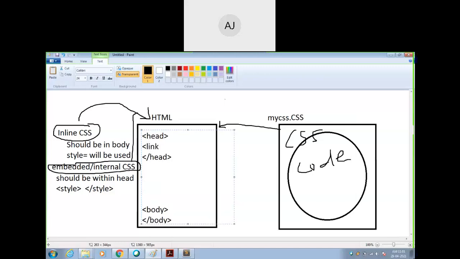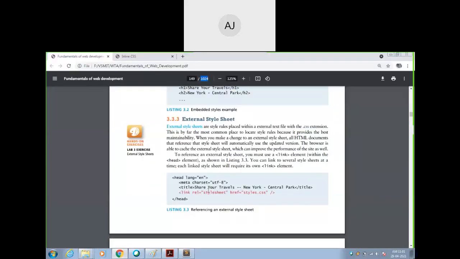Link means connect. What to connect? My css.css file with your HTML file. Okay, and what is the reference? href, as we have used href in the image tag. We have to use href for that particular my css.css file. Okay, and then the relation. Sorry, it's not style, it's rel, relation.